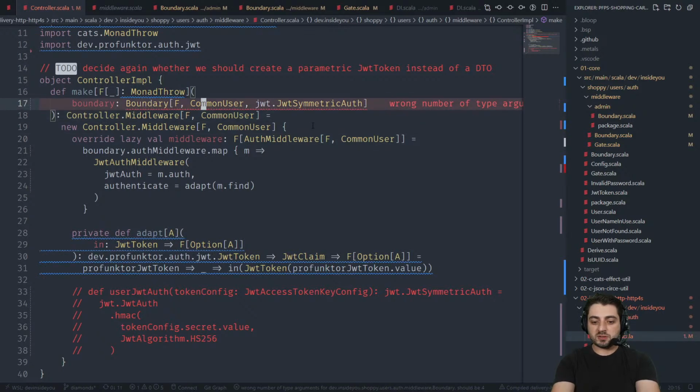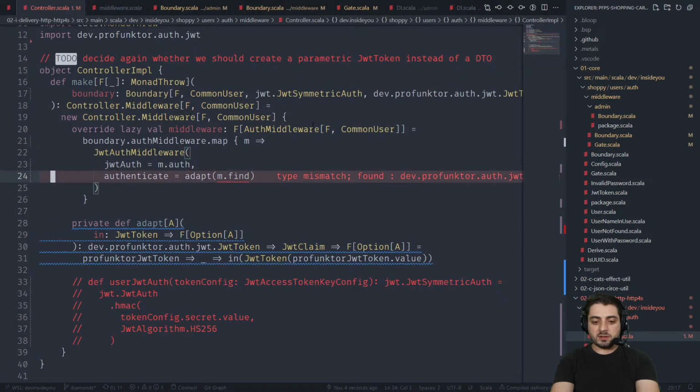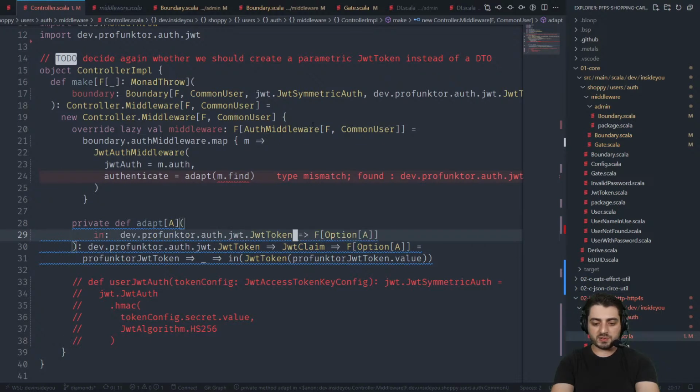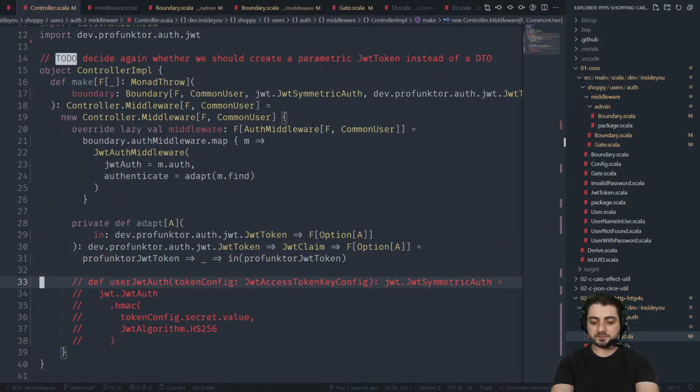Anyhow, over here we can now actually specify the JWT token. Ideally we would just write this, but as of right now, remember we created our own, so we have this name collision, so we're going to do this. It's going to be yang2 equals sign, pretty much go into the J and go like this. Find has the wrong types, because this is now, well, it's the same type. So like this. We're going to improve this a bit later. And now we don't need to do this nonsense. All we need to do is go like this and like that, and we're done. So the only adaptation that is left over here is that we're introducing this JWT claim